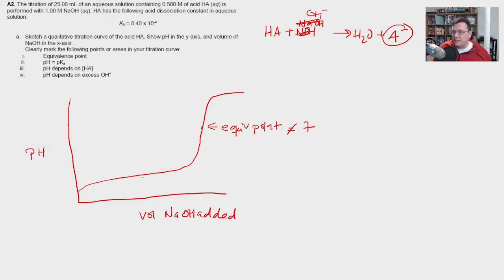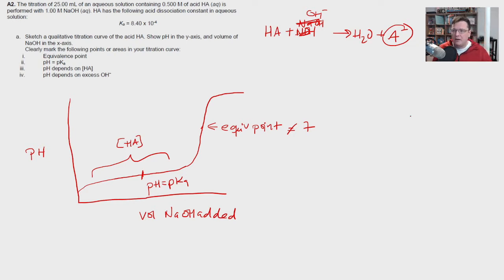That point right there is always going to be the halfway point between the start of the titration and the equivalence point, right? It's always exactly where the pH is equal to the pKa, which is when the concentration of HA and the concentration of A minus in solution from that titration are equal to each other. This region is typically referred to as being dependent upon HA,